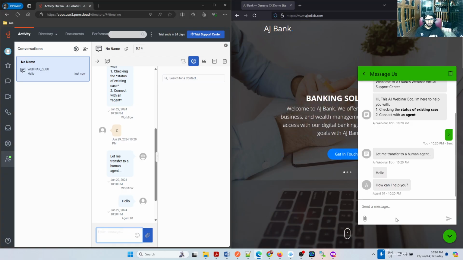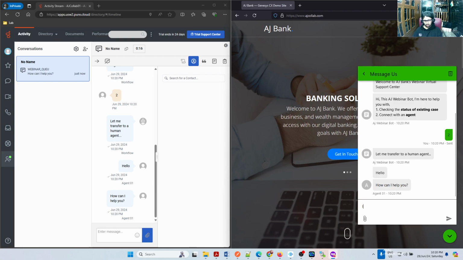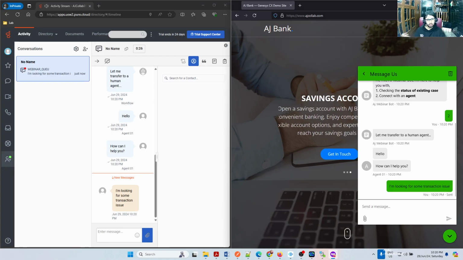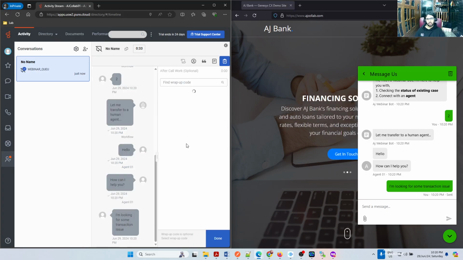You can see that bubble when somebody is typing. So I am looking for some transaction issue. So it goes on. Okay, new messages are coming in, I can support, then finally the customer can disconnect. I disconnect here, give a wrap-up code and finish it up.